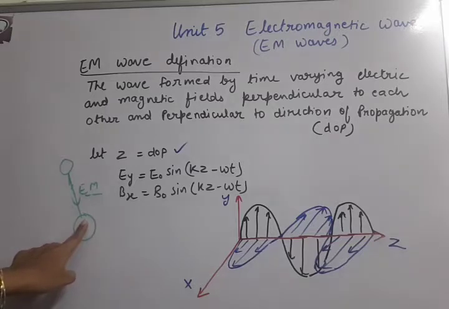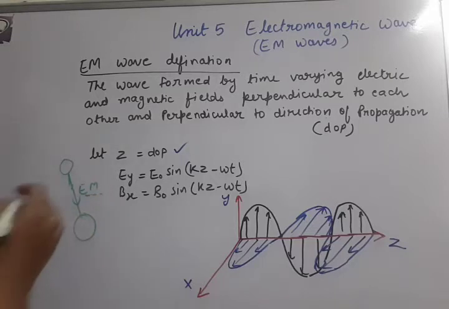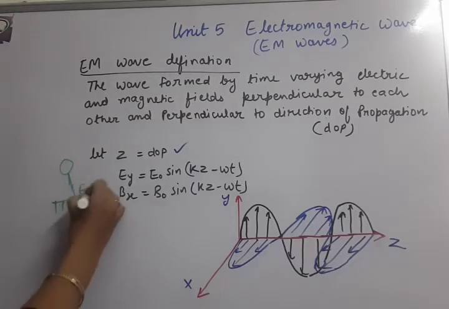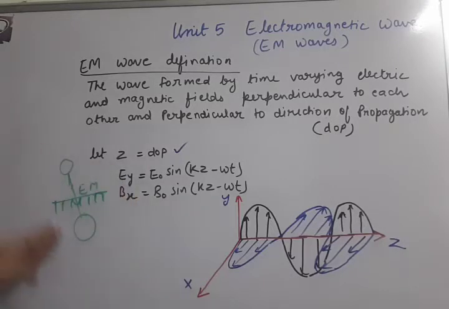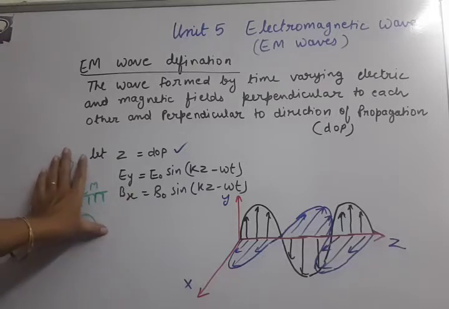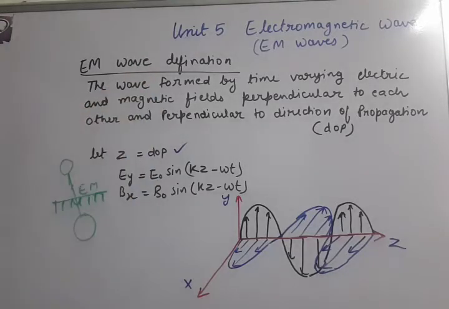So light and heat are the two parts of EM waves, and other than heat and light, there are some more parts of this EM wave. How many parts are there? 7 parts are there. 7 parts are reaching earth. So what are the names of these 7 parts, or what are the different parts of EM waves, that we call the spectrum. Before moving to this discussion, let us first understand the definition.